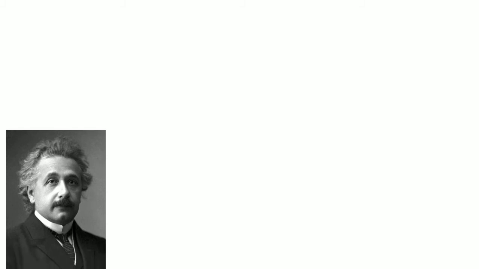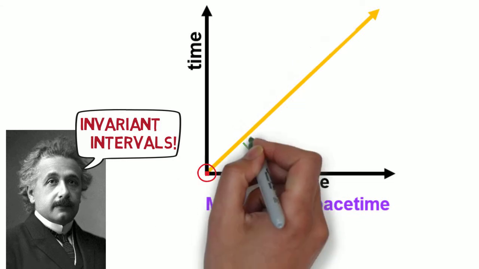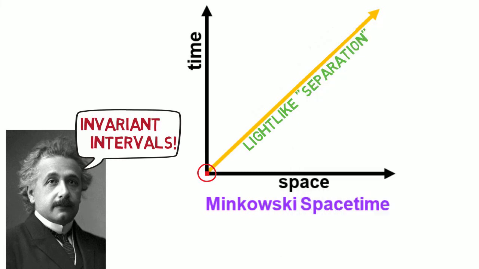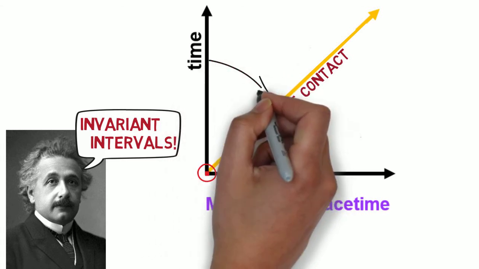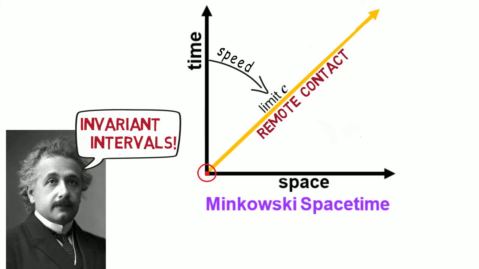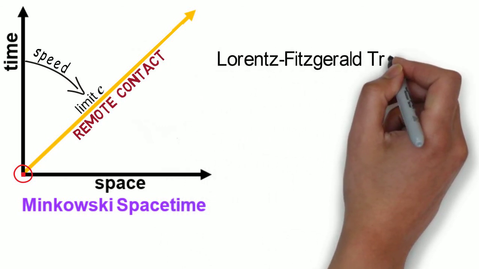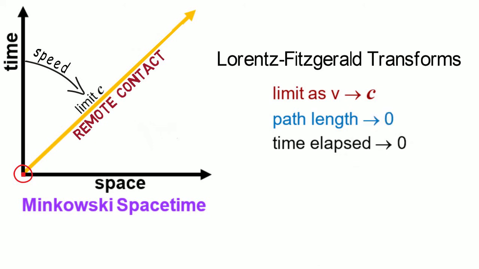It literally took an Einstein to discover intervals. However, even then, non-Euclidean space-time coordinates depicted only classical contact, while distorting remote contact to appear as separation. Finally, remote contact being light-like is velocity-dependent, specifically requiring speed limit c. Thus, only energy, such as light quanta, can transit. No observer can go along for the ride. The Lorentz-Fitzgerald transforms are consistent in showing that in the limit as speed approaches c, path length vanishes, while time stops elapsing. A light quantum takes 0 time, crossing 0 path.